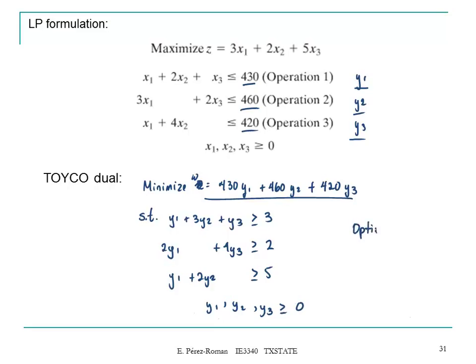And the optimal solution is y1 equals 1, y2 equals 2, y3 equals 0, and w equals,